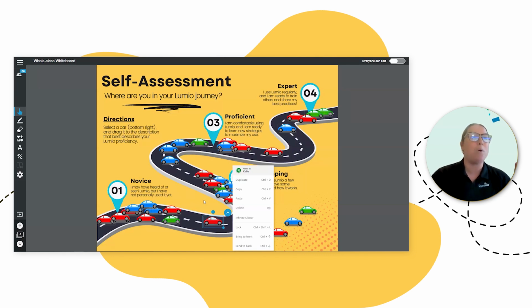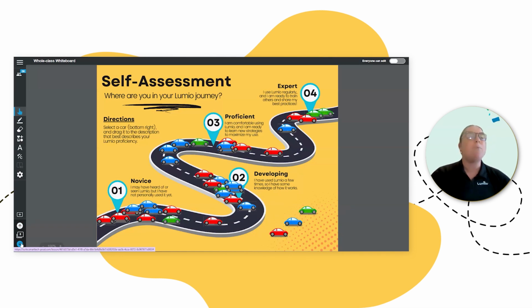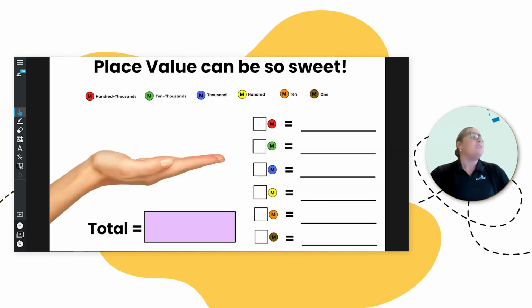Okay? Remember, we're being recorded. So if you need to go back and hear some of these things, that recording is going to be really key. All right, let's move on here. So perfect. Just like what I expected, it will run the gamut, novice all the way to expert. I threw in some student examples that I thought would be really cool. And then hopefully we'll have some time to build some of these together in this next 45 minutes to an hour. And then you'll have a little bank of resources before school next year.